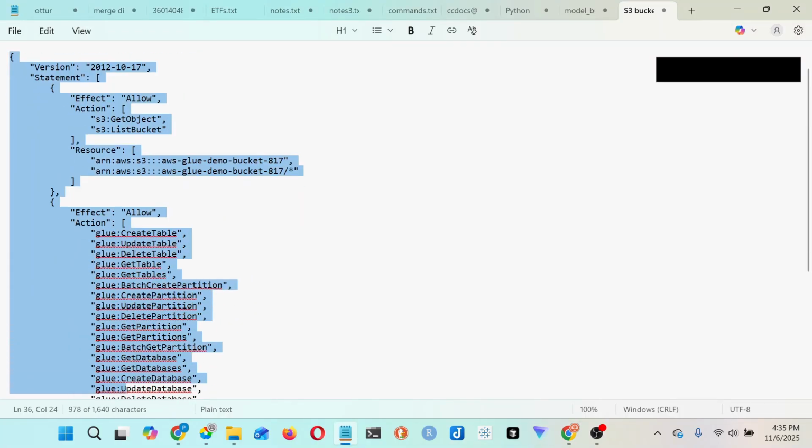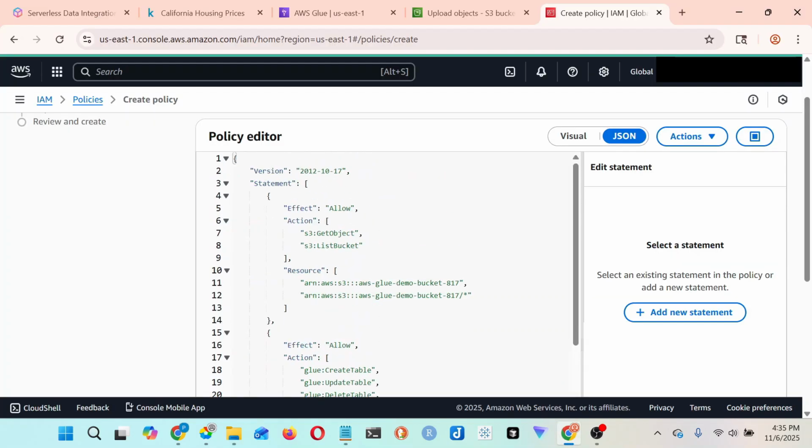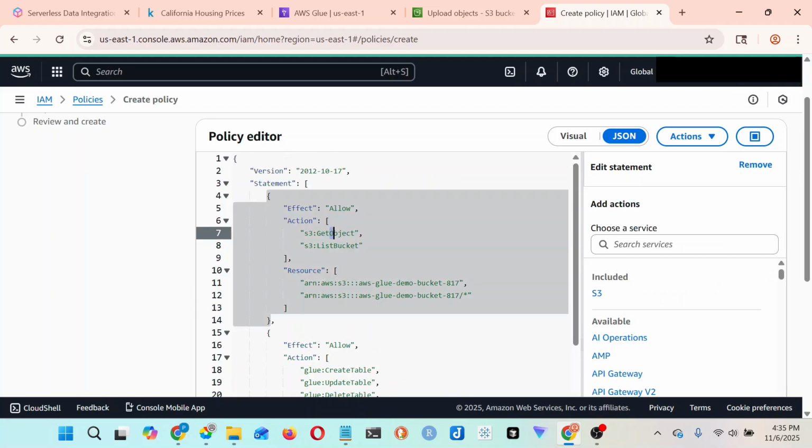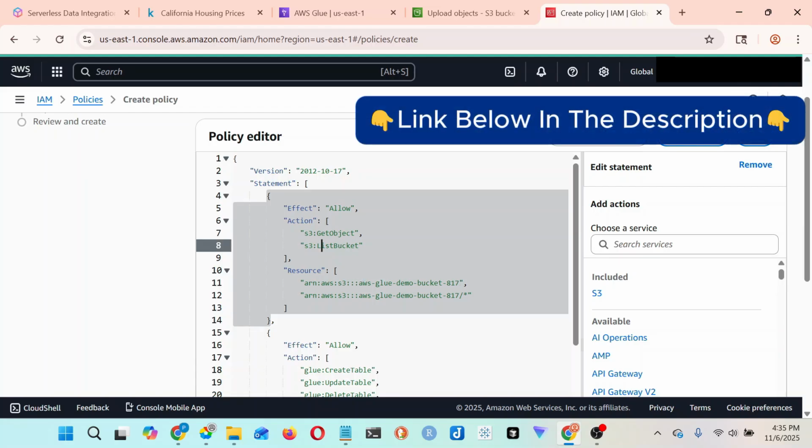Here we have the policy that specifies all the required permissions. You can see that it adds permission to get an object from this bucket, the AWS Glue demo bucket, and also to list the bucket. In your case, I'm going to share this policy document with you. If you are going to use it, you will need to change this line and replace it with your bucket